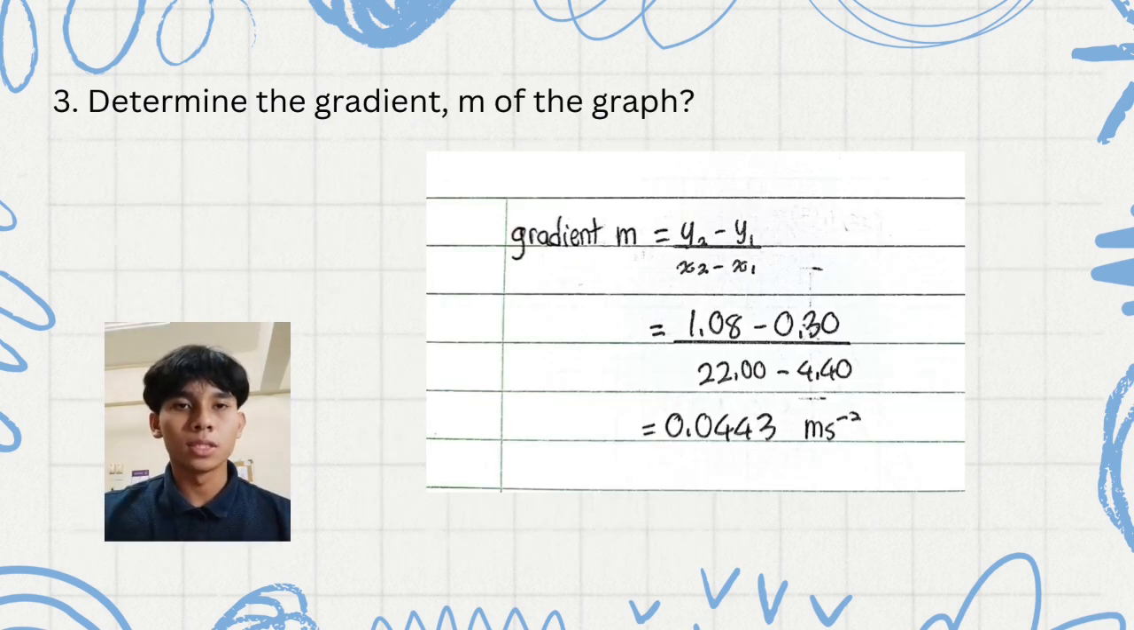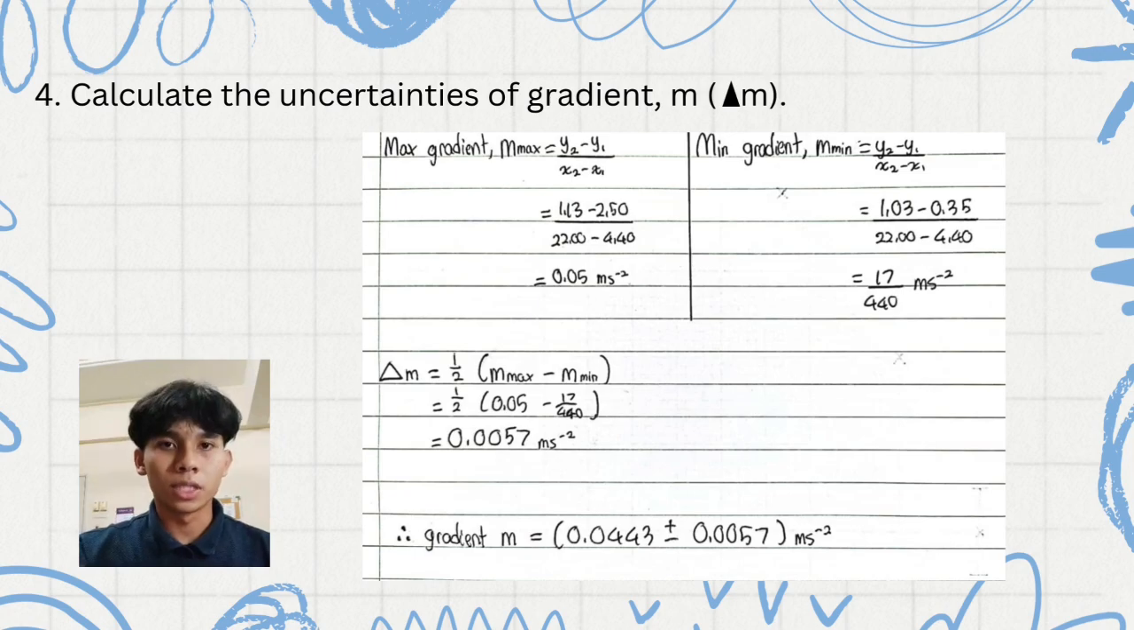For question number 3, determine the gradient of the graph. So, the gradient of the graph that we obtain is 0.0443. For question number 4, calculate the uncertainties of the gradient. For the max gradient, we got 0.05, and for the minimum gradient is 70/440. So if we want to calculate the uncertainty of the gradient, we just need